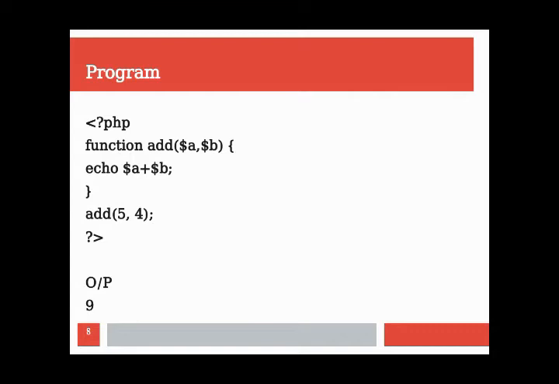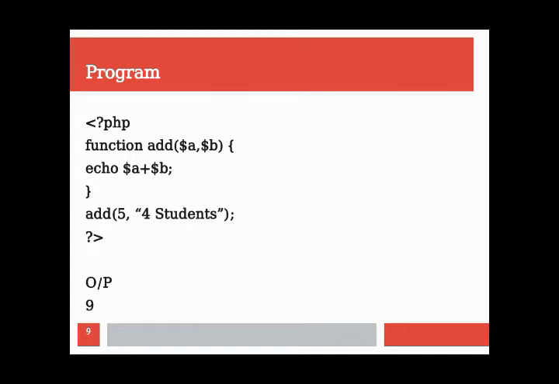of this function. Here we call the function, and you know that when we call the function, we simply give the name. Here arguments are passed in this function, so we have to pass the actual values of those arguments again. When we call the function add, we have to pass the two values, that is 5 for A and 4 for B. When we execute the program, the value of A and the value of B will be added, and 5 plus 4 gives the output 9.